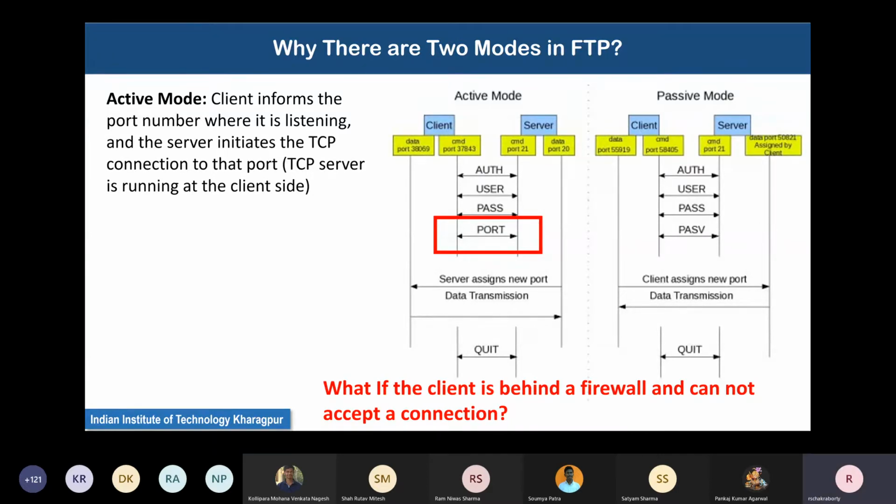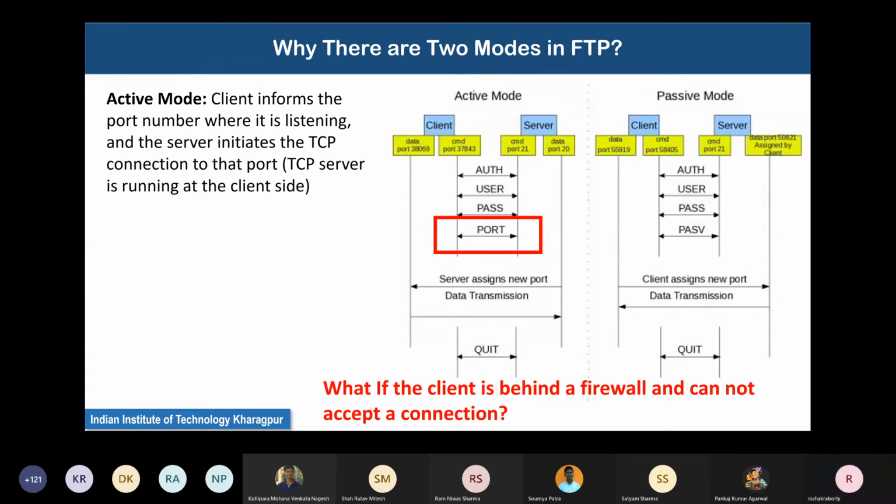What to do then? Because the way FTP in active mode behaves, the server initiates the incoming connection to the client at the port that the client mentions. To solve this problem when the client is behind a firewall, FTP supports the passive mode.